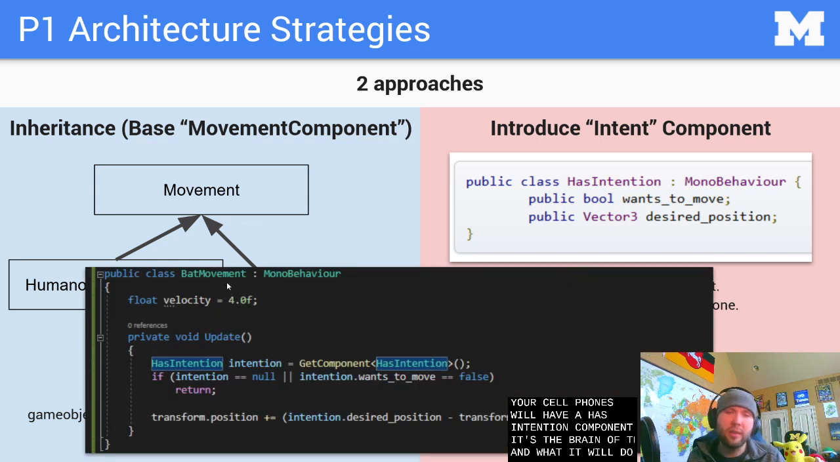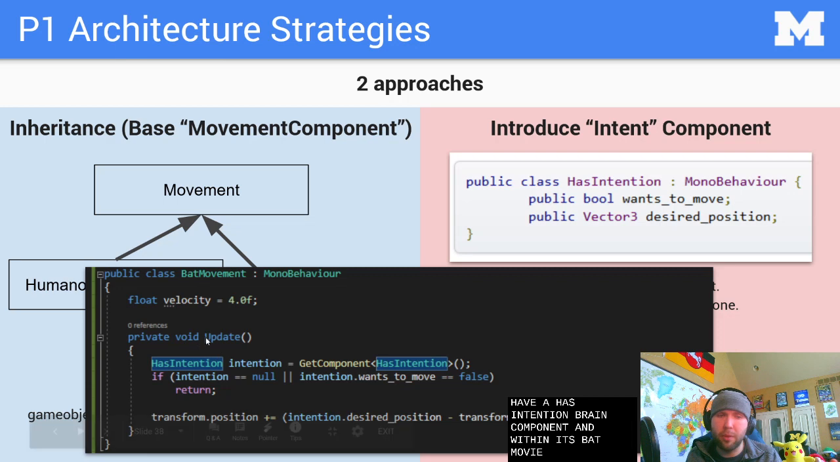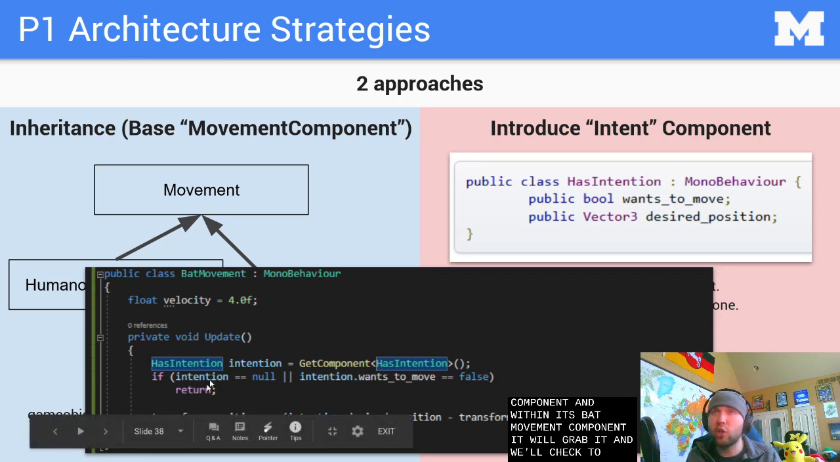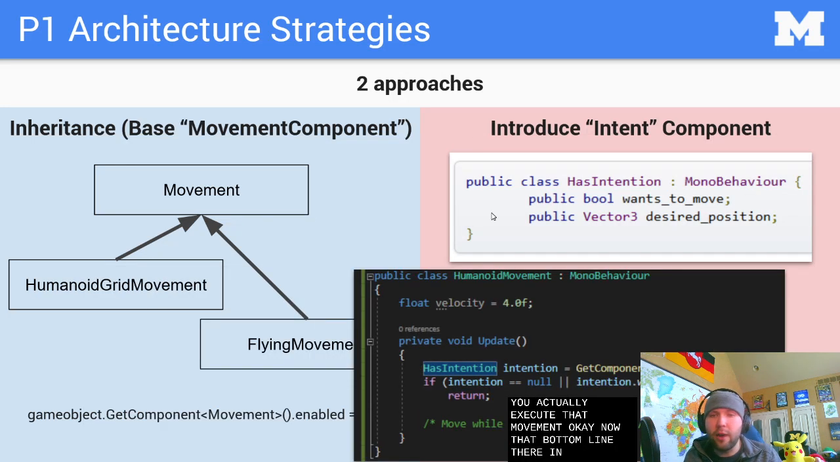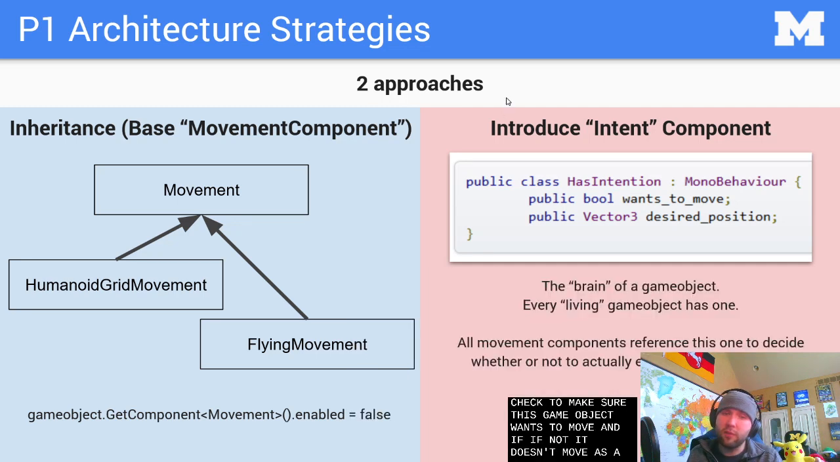And what it will do is in the bat movement, so this is Keese, the Keese will have a HasIntention brain component, and within its bat movement component, it will grab it, it will check to make sure that it exists, so it has a brain, and make sure it wants to move. And if it wants to move, it will actually execute that movement, okay? That bottom line there. In the other component, like humanoid movement, it will do the exact same approach. It will grab the brain component that has intention, it will check to make sure this game object wants to move, and if not, it doesn't move. As a result of this, you can now reference and turn off